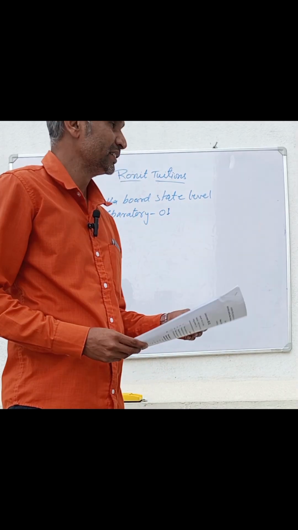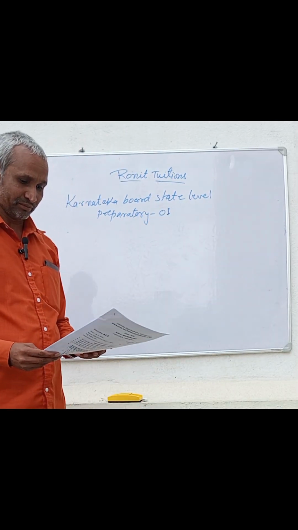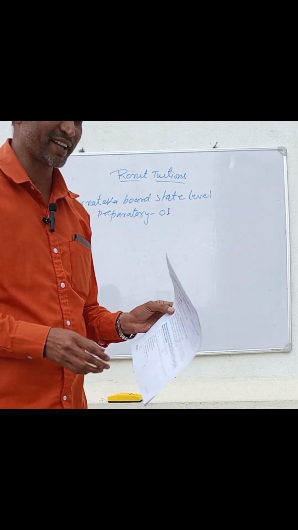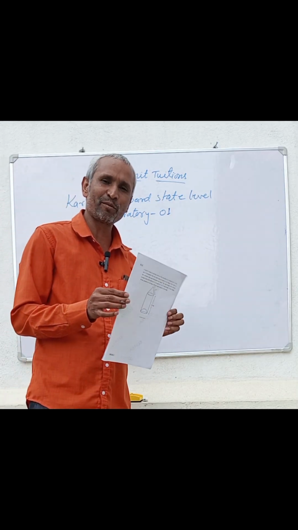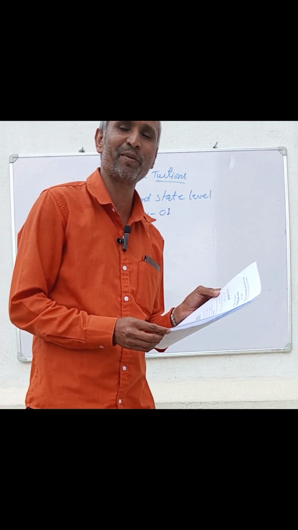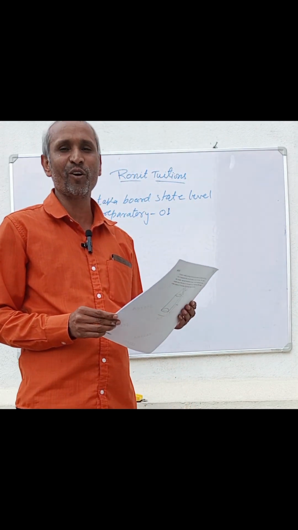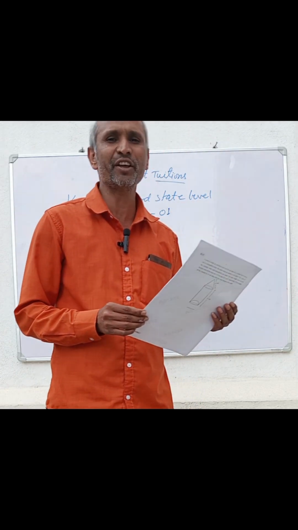As requested, this is the Karnataka Board State Level Preparatory 1 question paper. The students asked me to solve whatever preparatory paper they wrote, so I am holding that question paper in my hands and going to solve it, showing how to find the answers to this important State Level Preparatory 1 question paper. As the students asked, sir, solve only from the 5 marks, 4 marks, 3 marks questions, going in reverse. So I will take it in reverse.